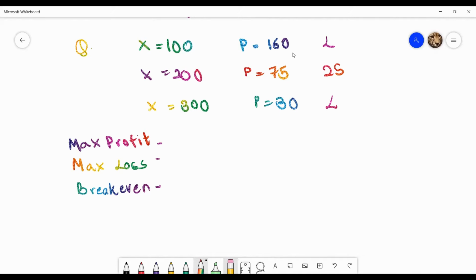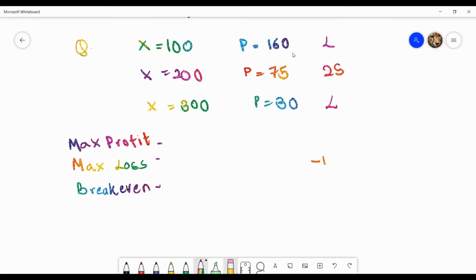Now, how do you calculate your effective investment? First, we'll always start with calculating the maximum loss when we deal with a long butterfly spread. How do you calculate your maximum loss? We know that we are long here, so we are going to pay this premium, and we are long on the last one, so we're going to pay this premium. And we are short here, so we are going to receive this premium, but we have two short positions on the middle strike, and that is why we are going to receive 2 times this premium, right? Because we have two short positions.